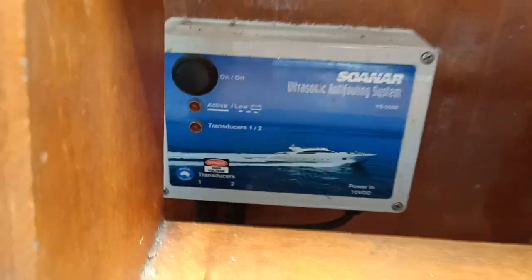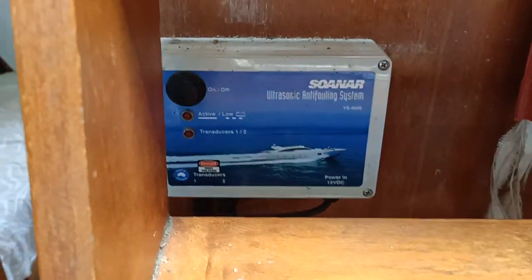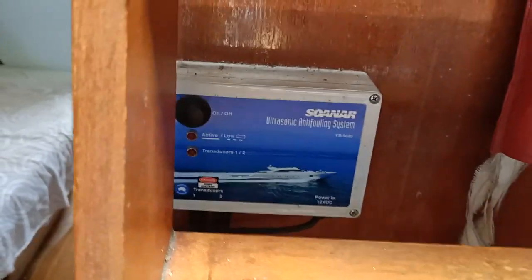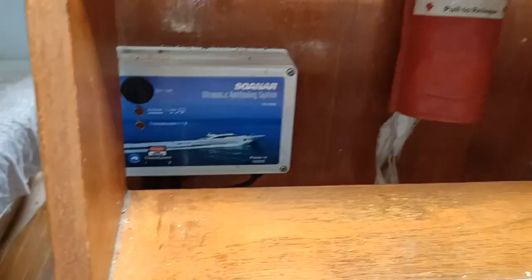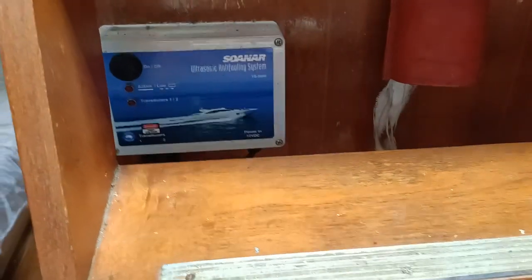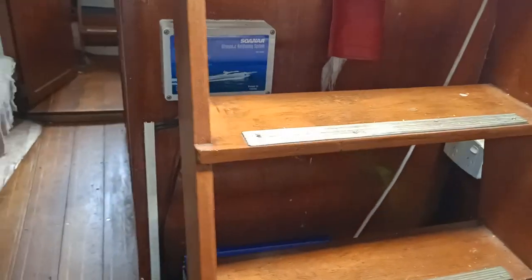It's got this ultrasonic anti-fouling sonar system, which we've actually had off for a while, just since we redid the batteries on the boat. But it does make a huge difference in terms of growth on the boat. So basically there's a sonar at the front and the back of the boat, and it's a low wattage signal that gets sent from the front to the back and reduces the amount of anti-foul. This is